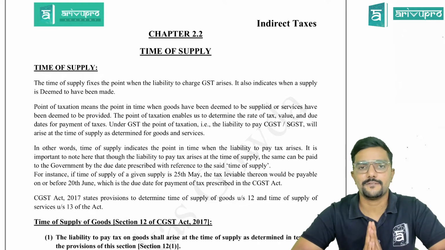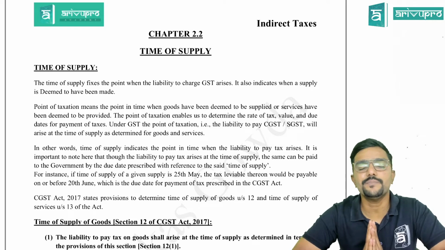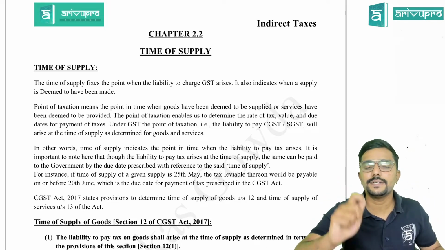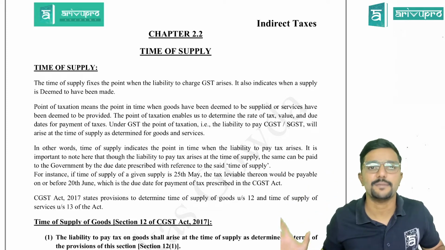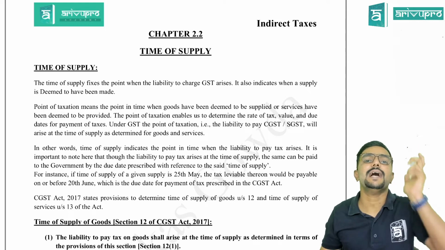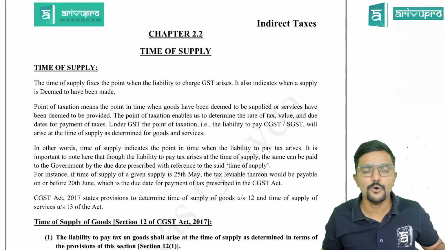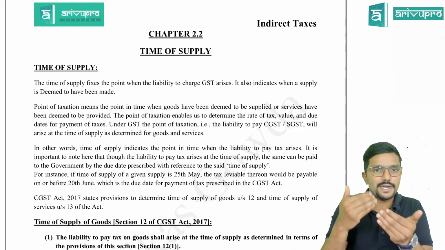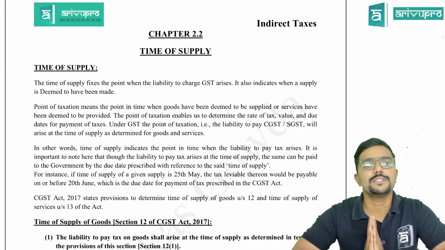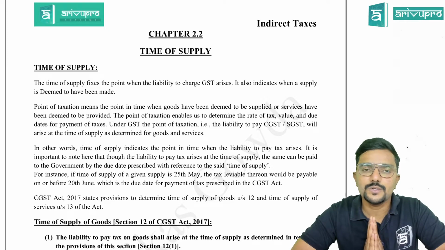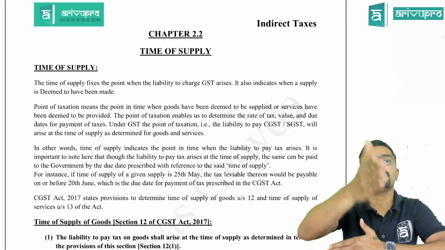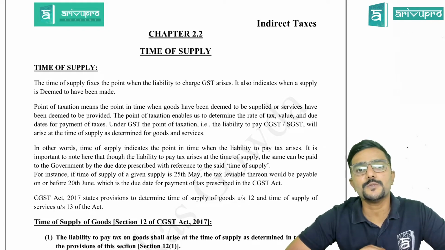And please be careful. There are chances of getting confused here, so let me first explain that. See, time of supply will tell when supply has taken place. When the supply has taken place means when liability has arisen. So, for example, after studying time of supply, there are three sections here, you decided time of supply is, assume, 15th June. So your liability arises when? 15th June. So you have made a supply on 15th June. So when are you supposed to pay tax?